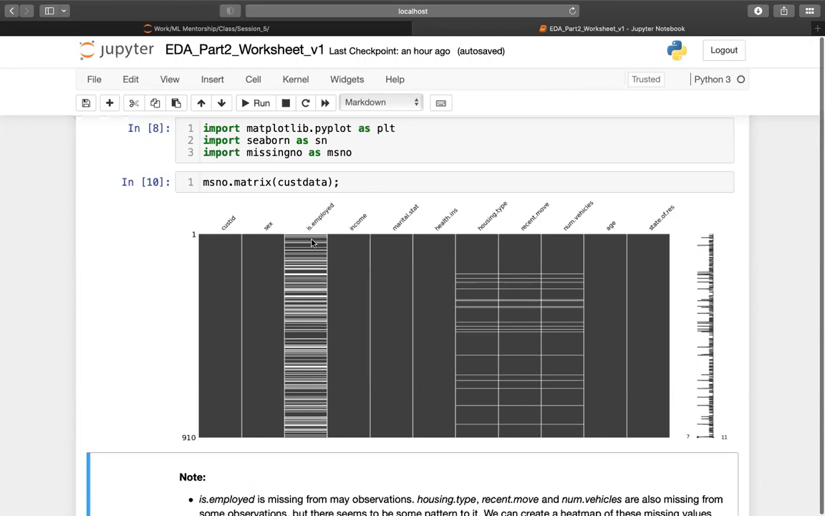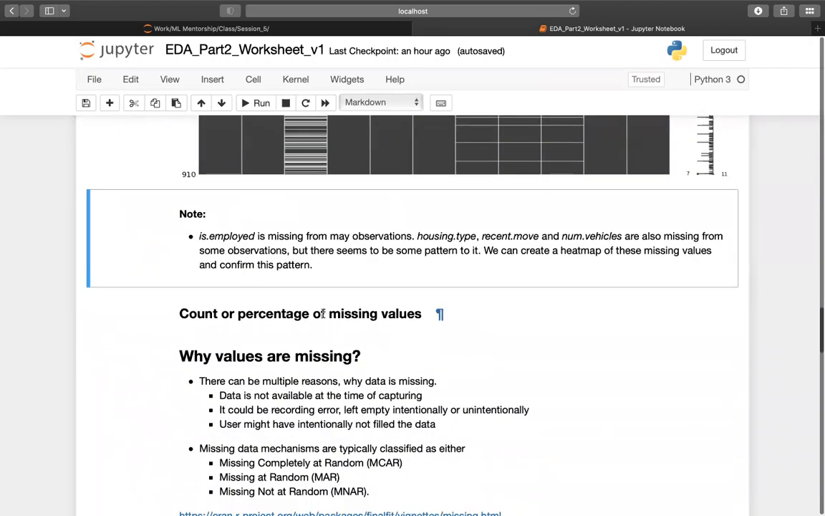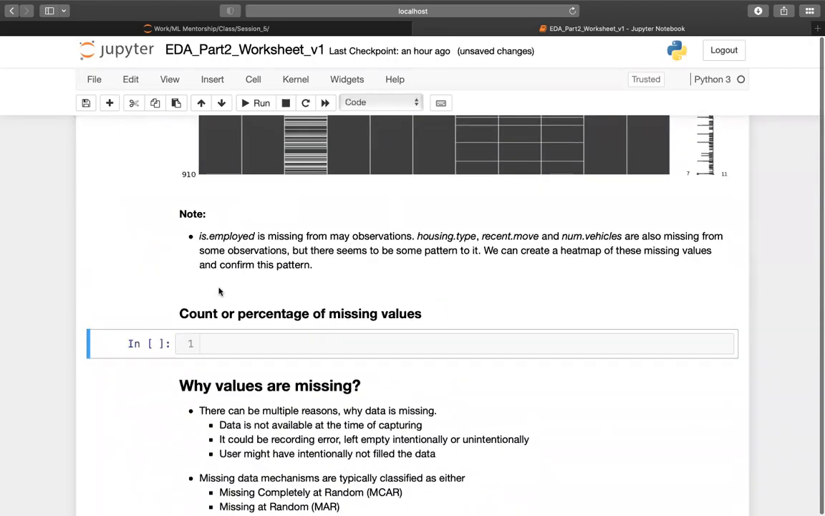Okay, but in is employed, quite a significant number of values are missing, whereas in these three columns there aren't many missing, only very few, as you can see here. And we can also count how many missing values are there. So you can say cost data